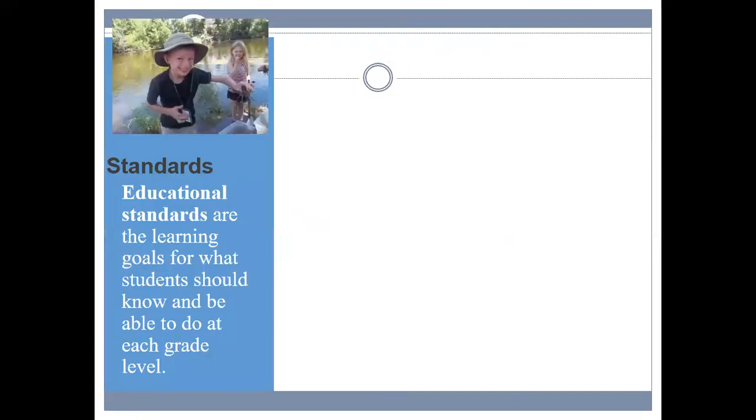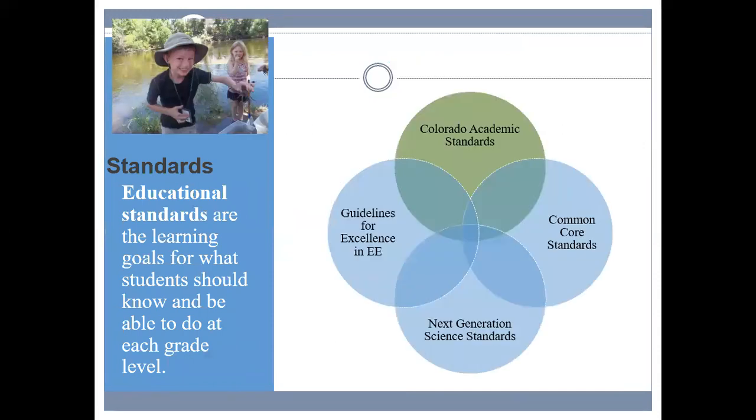And so when you look at what are standards, educational standards are the learning goals for what students should know and be able to do at each grade level. And when you think about standards for learners, we have the Common Core standards that you'll hear about a lot, the Next Generation Science Standards, which are national standards. And then the Guidelines for Excellence are really our environmental education national standards